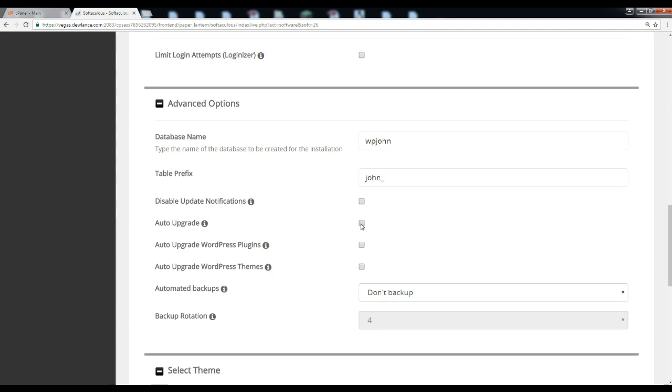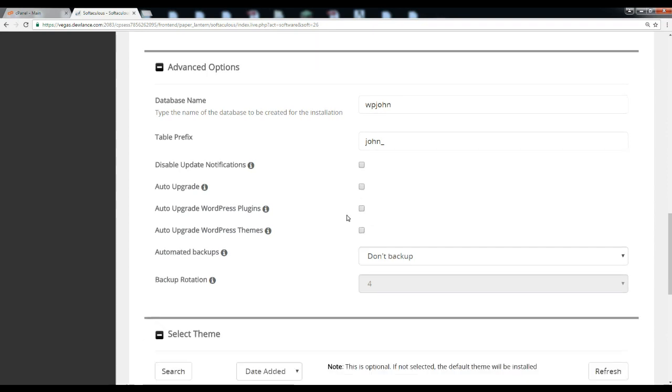Auto upgrade will automatically upgrade your WordPress to the latest version, this will upgrade your WordPress plugins, and this will upgrade your theme. But I do not recommend this option, because if you are using a customized theme, if you do some customization in the footer, header, etc., then it will be overwritten.